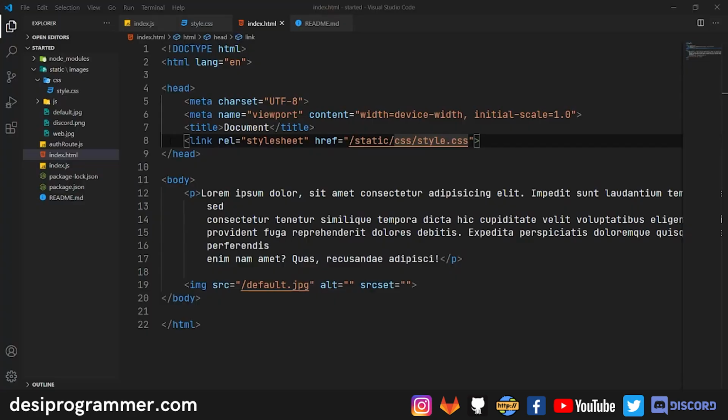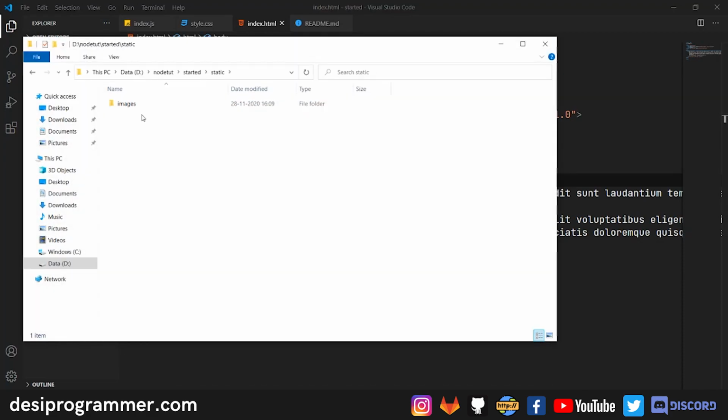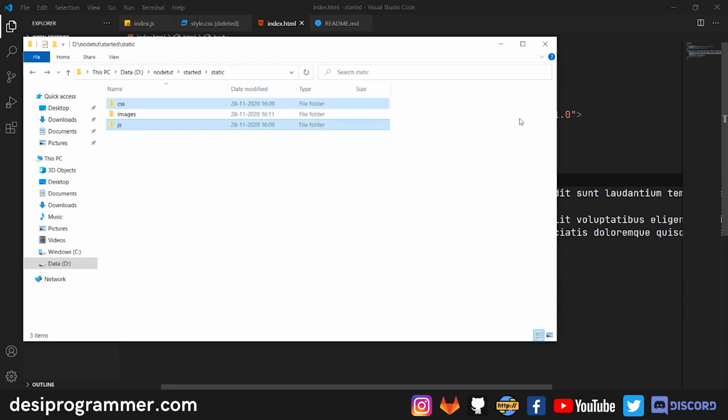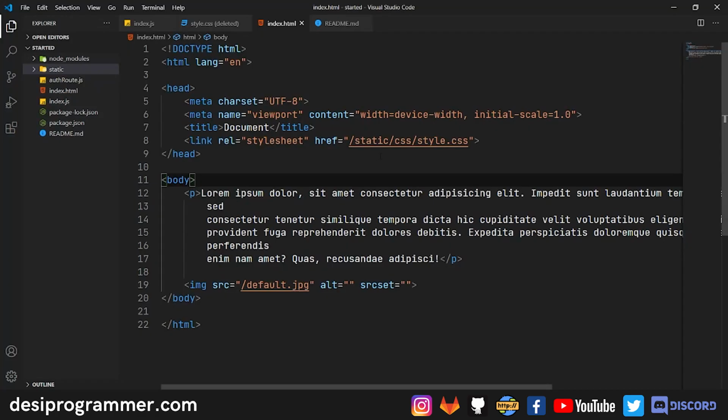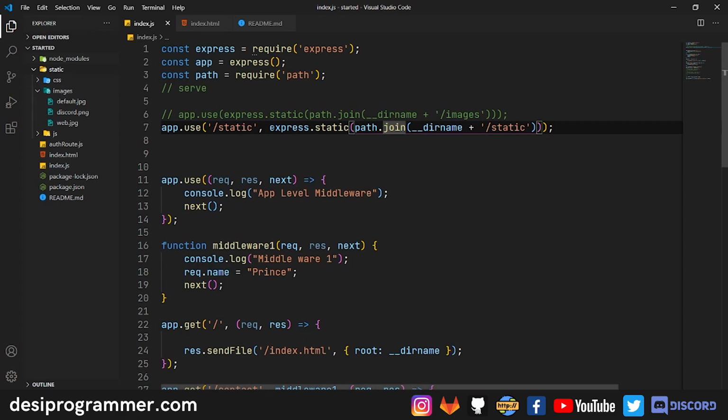Let's save this. Let's go back and see what we actually have. If I go to my home route, okay, it's not available. There's some issue. As you can see, my directory path wasn't correct. Everything is inside the images folder. So let me just cut them. And now we have a black body. So this is how we'll be serving our CSS files, our JavaScript files, our images when we'll be creating our projects. Now, although some people say you can use these static directories to serve static pages, which is okay, but most of the time you won't be doing that.